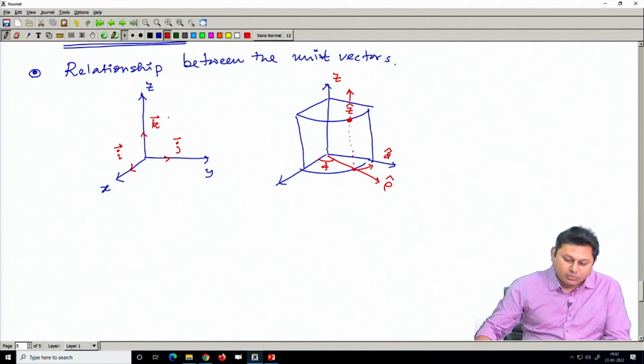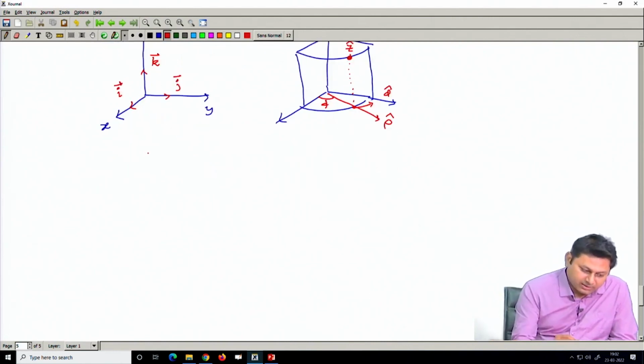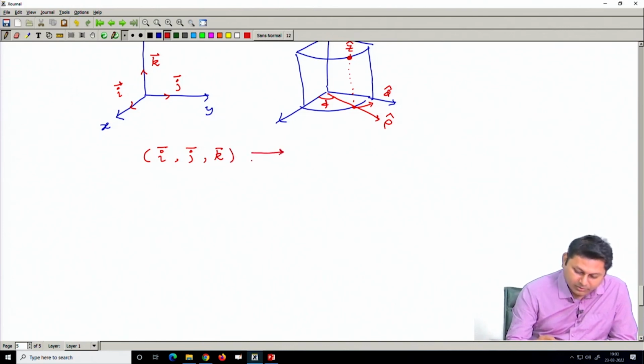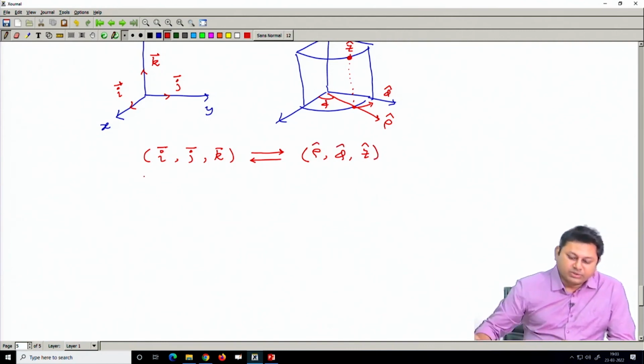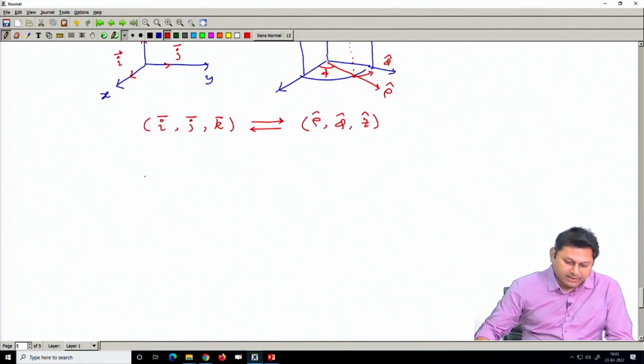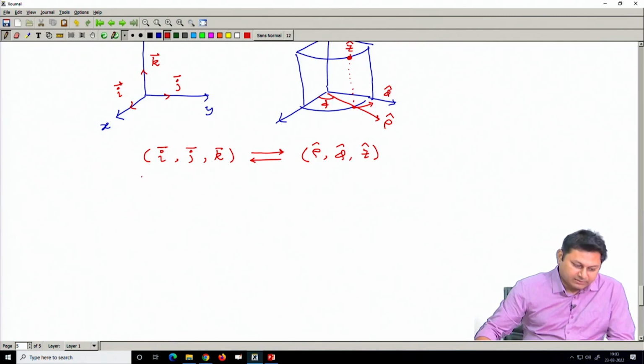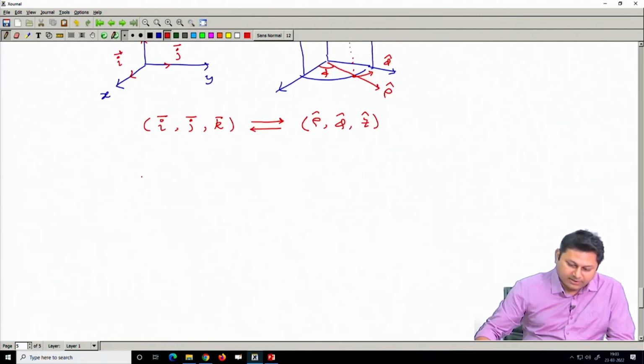Now, we will try to understand the relationship between i, j, k, and how it is related to the unit vectors rho, phi and z. Suppose I want to define the i unit vector with the unit vectors of rho, phi, z, how do I write this? So, you can see from the figure that now if I draw another figure,